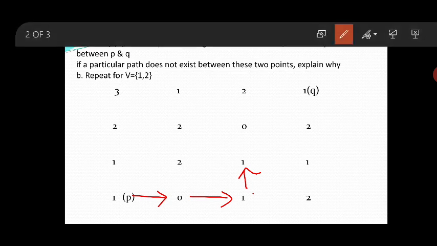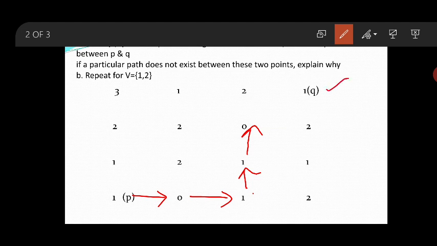Now I have to make a connectivity from 1 to its neighboring pixel. Which are the neighboring pixels? 0 is a neighboring pixel, 2 is a neighboring pixel, 1 is a neighboring pixel. Which one do you want to make a connectivity to? I hope you understood this, because all the way I am making connectivity in this fashion. Now, very interesting content to be understood. Now where do you have to reach? You have to reach to the q.